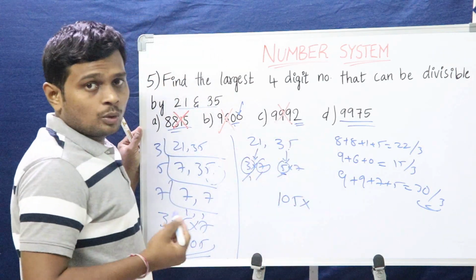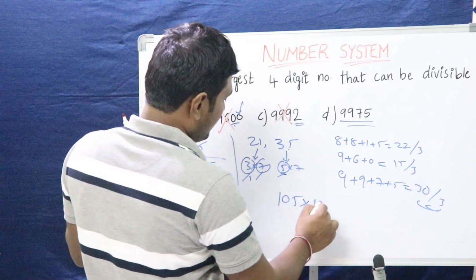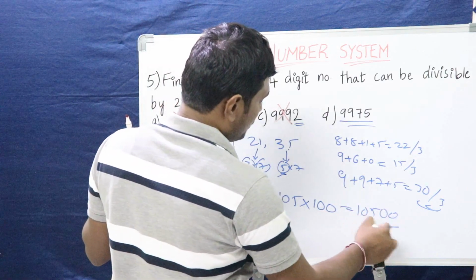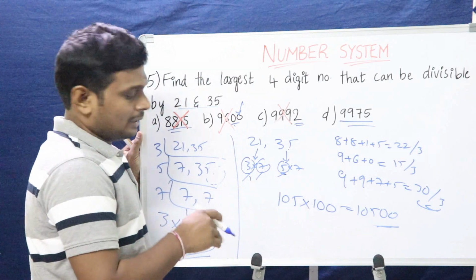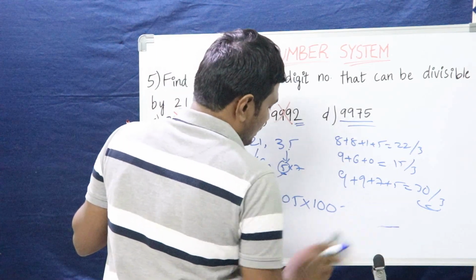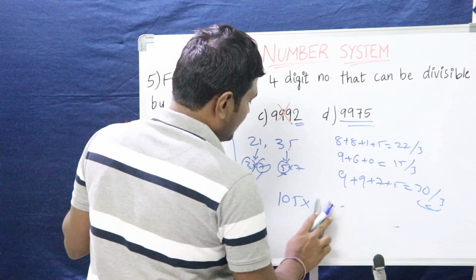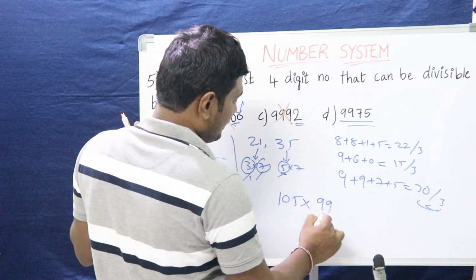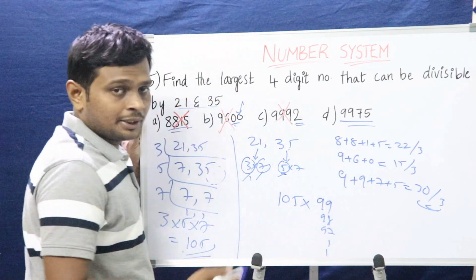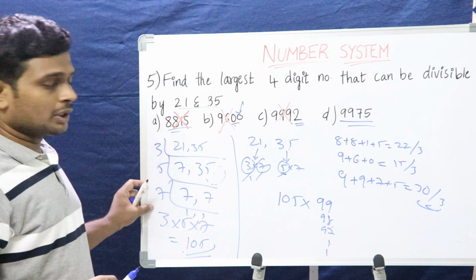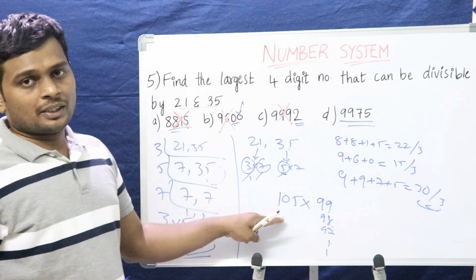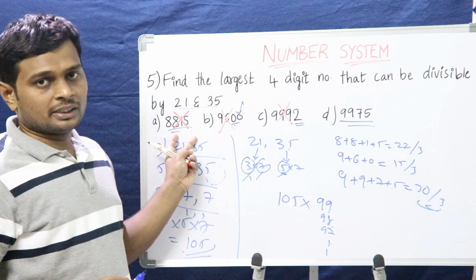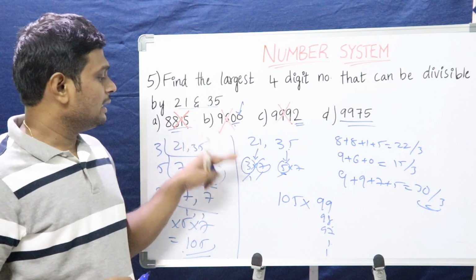All the numbers are 4-digit numbers, right? So, if I take 100, what would the answer be? It will give a 5-digit number. So, it should be less than 100, right? That means, let's take one after the other, 99, 98, 97, like that we can try it out in a traditional way. First of all, we need to find out the LCM, then we can find out the nearest number. Is that the traditional way? In fast mathematics, we can rule out the options by using the divisibility rules of 3, 7 and 5.